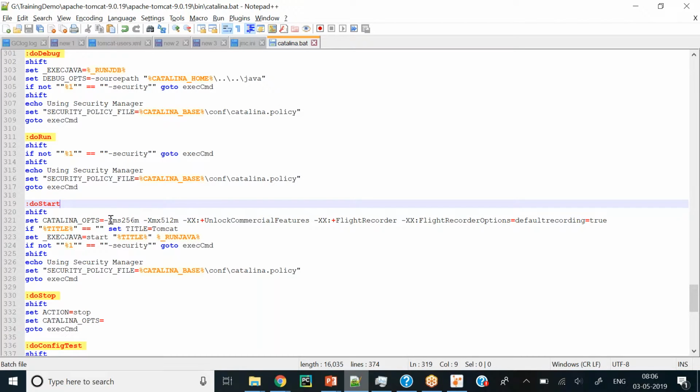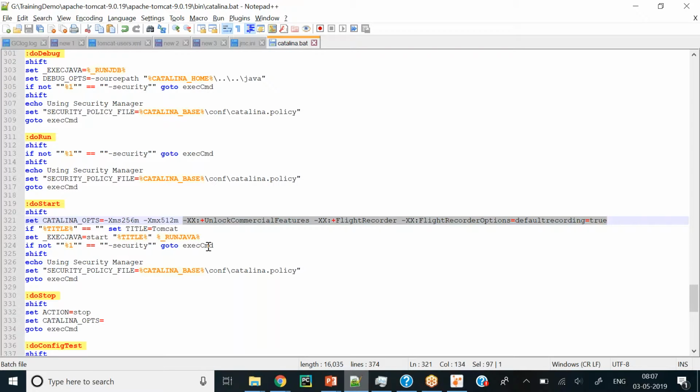Now you can see I have defined different types of Xms, Xmx parameters. For you guys it will be empty, so this line will be empty. What I want you to do is change it. I'll just remove the remaining options and delete them. Now I have given here Xms 256. Let's just start with the first Xmx. Let me show you how it works when you define it and when you do not define it.